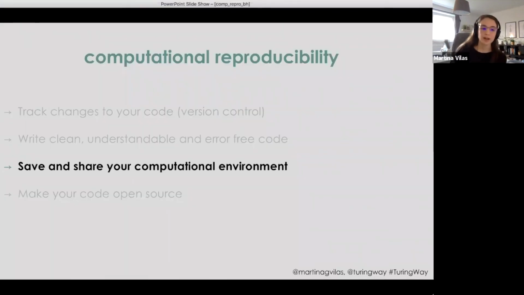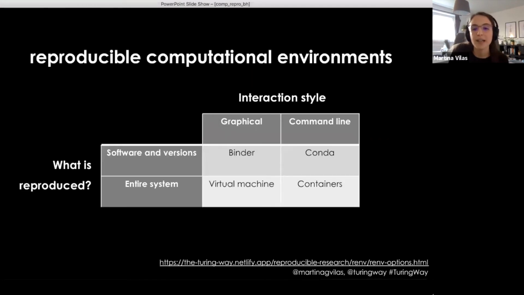So for the third part, for ensuring computational reproducibility, you also need to save and share your computational environment. And the Turing Way has this amazing table, which says, depending on what you want to reproduce and the interaction style you want to achieve, you choose one tool or another for